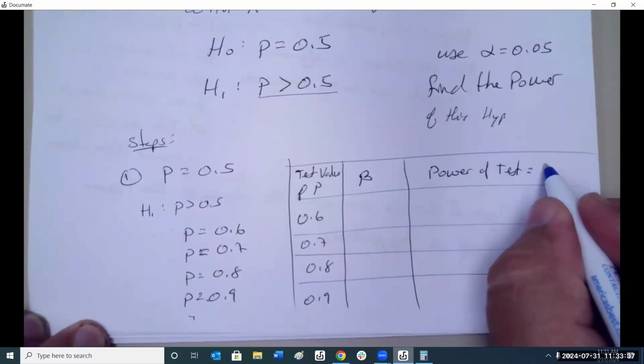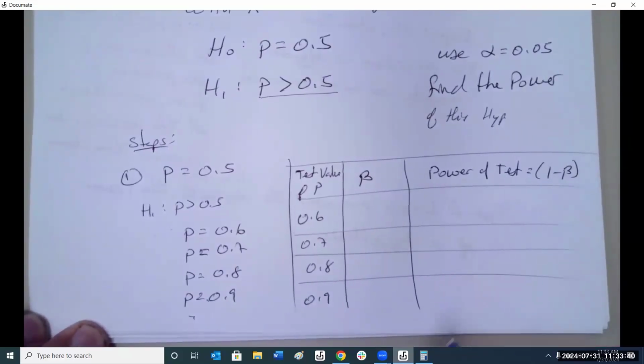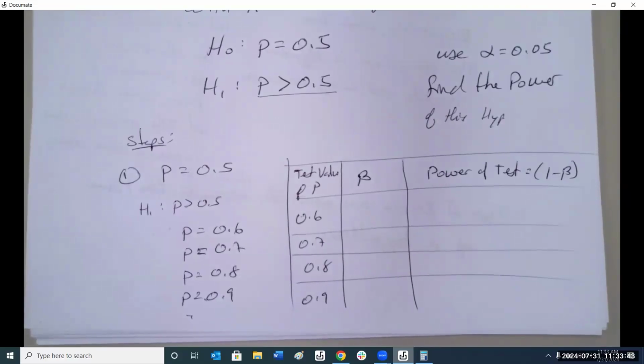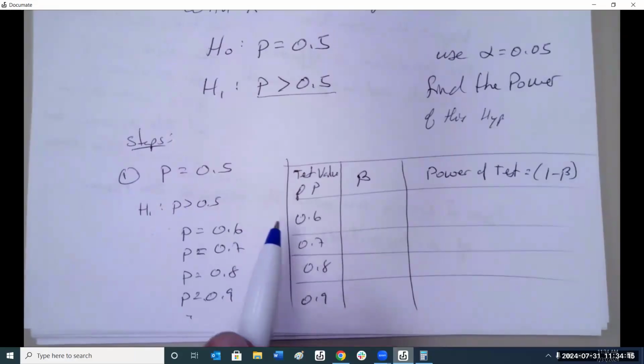And we look at the power of the test, which is the formula 1 minus beta. So what do you think the beta values represent? I think it represents the percentage of likelihood of having a baby girl. Well, yeah, because now since we have in